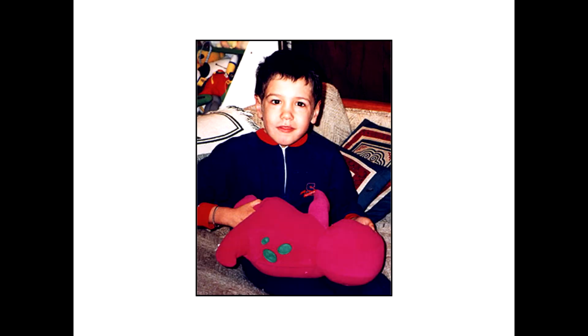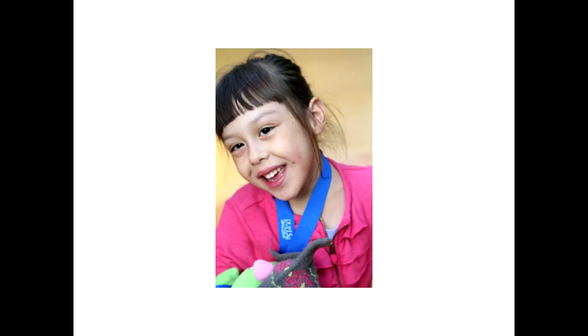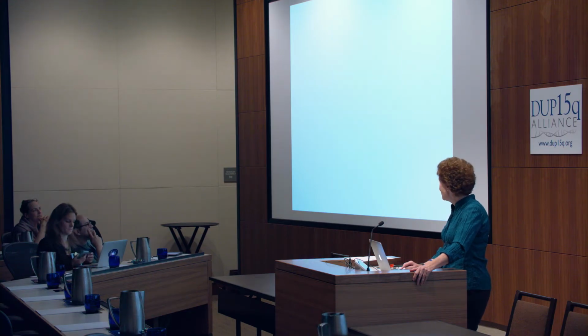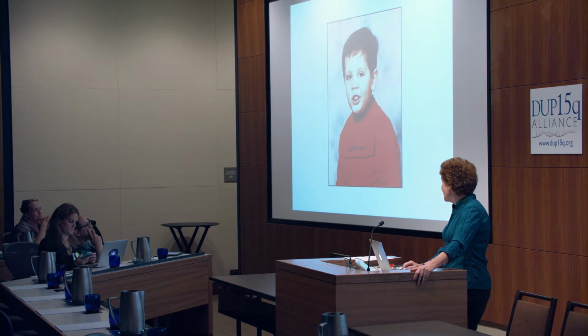Again, one couldn't point to it and say it's incredibly obvious dysmorphic features, but we see just some similarities, sort of a low nasal bridge, sometimes hypertelorism or white space between the eyes. Really, it's more of a gestalt than anything else, and when you see it, you say, yeah, now I think we're confident enough at our centers and the other clinics for DUP15 that when we see a kid come in, we can sometimes say, boy, that child, we definitely should be zeroing in on DUP15.